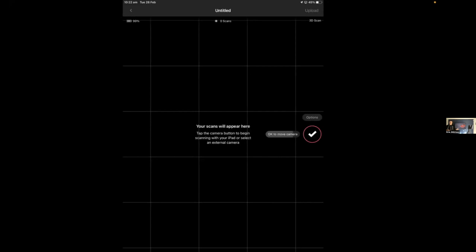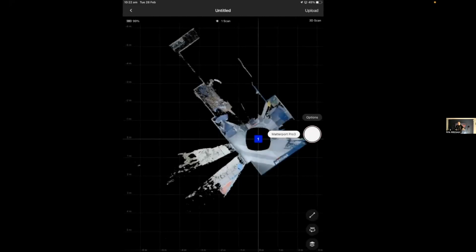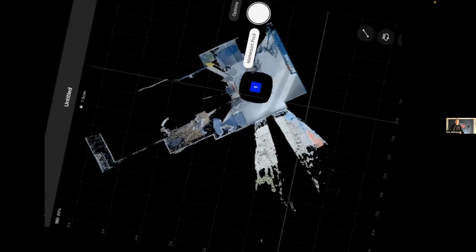That's it. We've done the scan. We can now move it. I am in a limited space here, so my apologies. I'm only going to be moving small increments here. But again, typically what I'm finding is when I'm on site, I can move